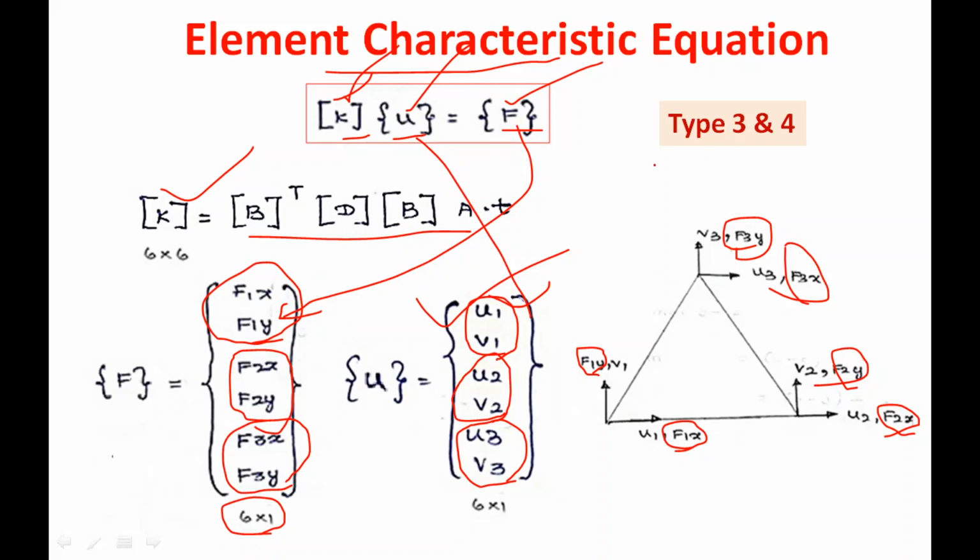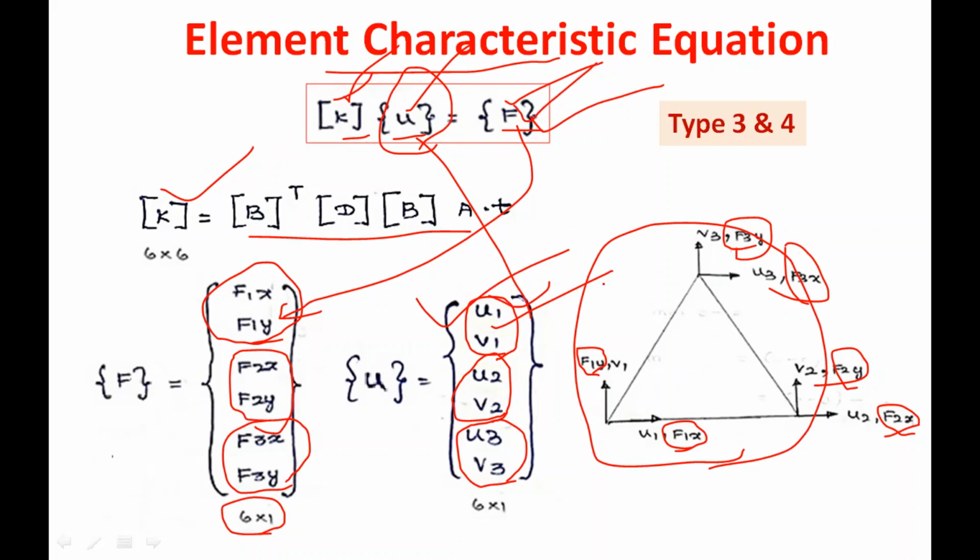Now we can have two types of problem using this element characteristic equation. Either they may ask to find the unknown displacement at the element level. For the two-dimensional problem, we are going to solve only at the element level, not at the structural level, because it will take more time to solve manually. That is why we are not going to use that type of problem. Either they may ask to find the unknown displacement for the given force, or otherwise they may ask to find the stresses developed in the element for this particular force acting on the member.